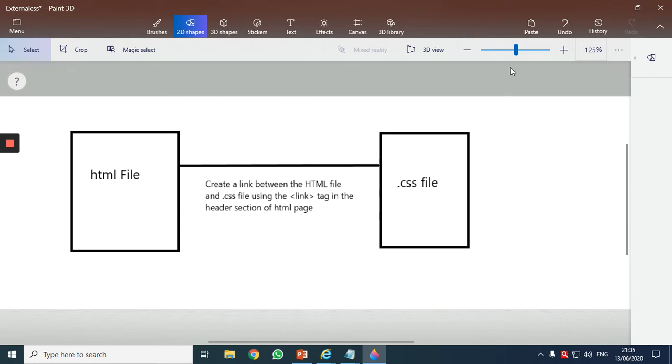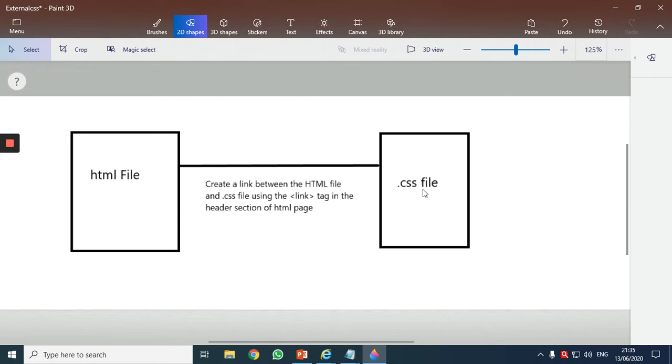And the new notepad or the external file which we have created will carry only pure CSS. This new notepad will not carry any of the HTML tags. It will only carry the general syntax of CSS.